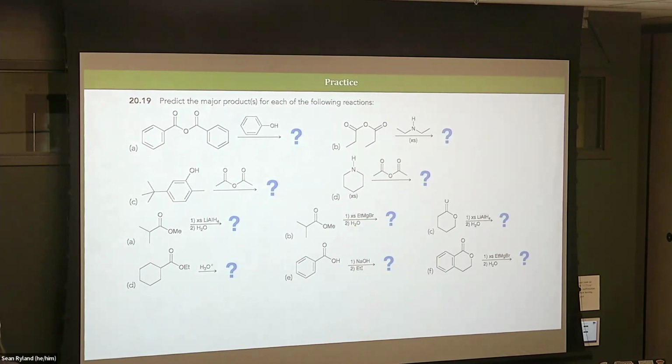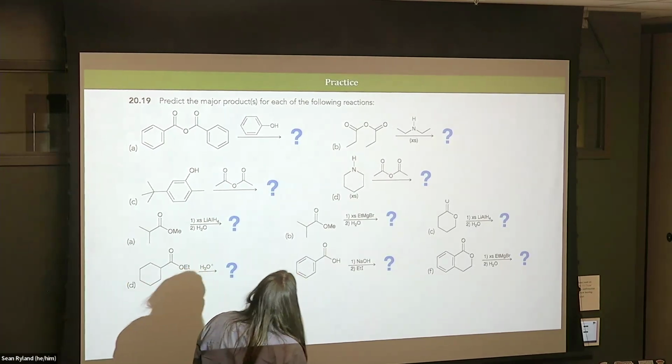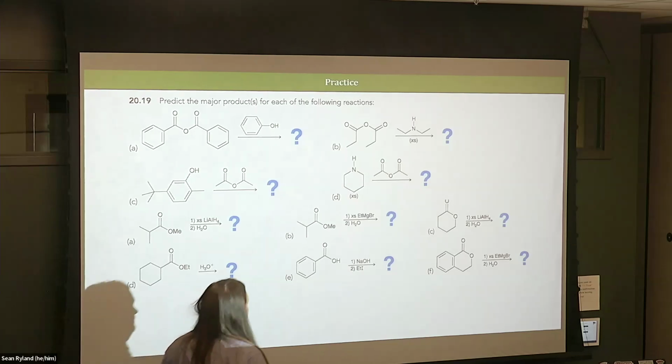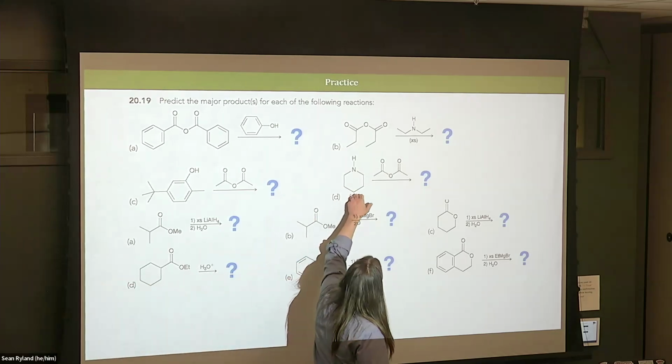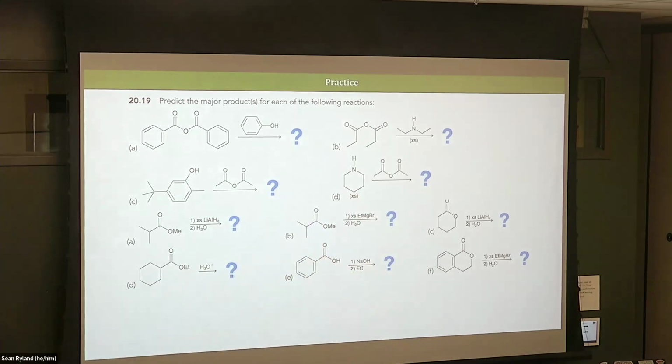It's just gonna be the alcohol. And then we're gonna get this secondary amide again over here. So for D, we'll get